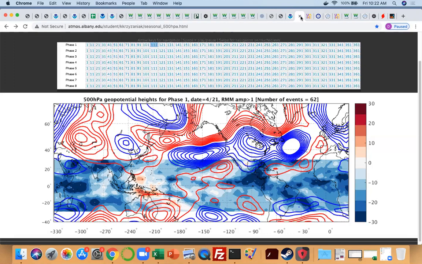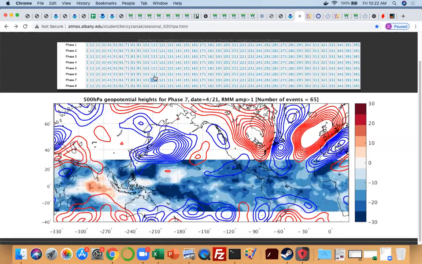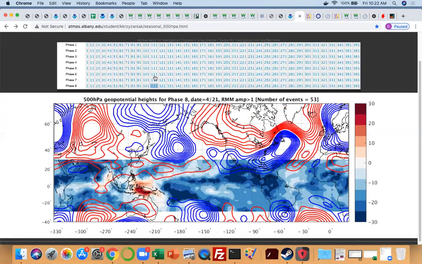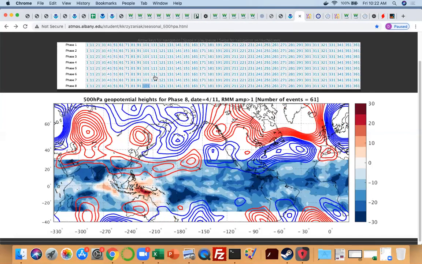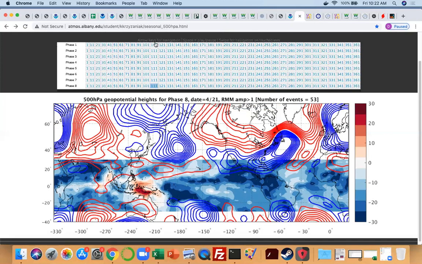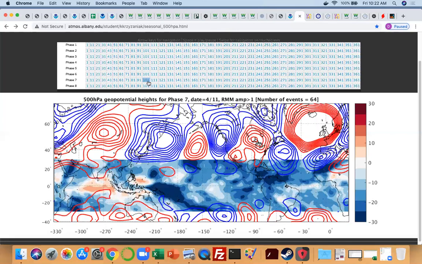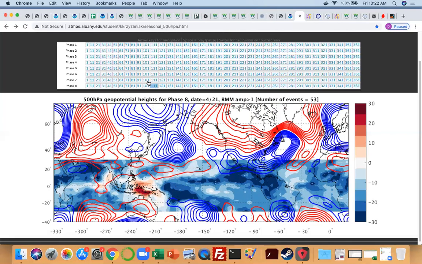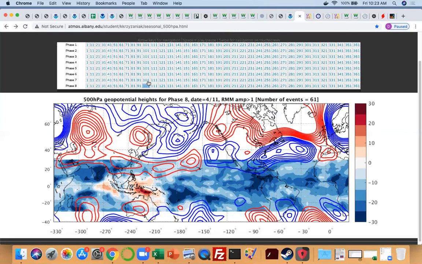One thing I'll add real quick is going from the phase 6 to phase 1, if I'm reading this map correctly, it looks to me like that actually is predicting a negative NAO building in. If I'm not mistaken. Yeah, absolutely. So, I agree. I guess you and I might have to sweat a little bit if that NAO does actually build in. Yeah, I mean, I think that's a great point, but it's funny. I almost mentioned that too because I was looking at it too, and my first reaction was, yeah, but